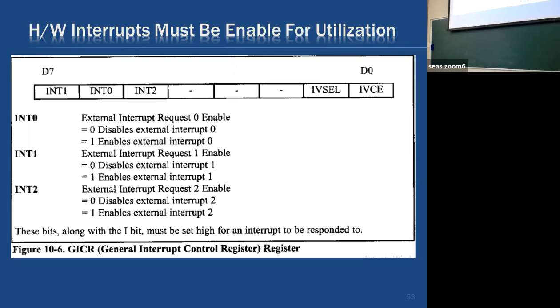So you may quickly draw the first 3 bits of this GICR, General Interrupt Control Register, because now we will use that in the program. Right, quickly. Online, you can do that as well. And it doesn't hurt if you write down a few things. Right, GICR register that will be used for the program.